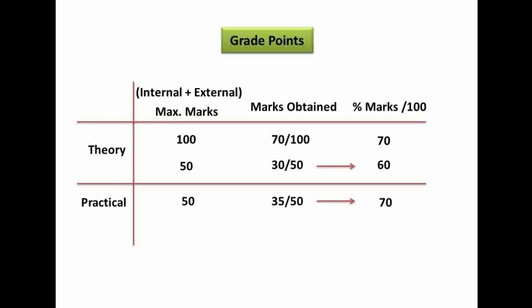If it is a non-university practical subject having the maximum marks 25 and you got 15 marks out of 25, then it will be calculated for 100 marks and it will become 60 marks out of 100. So in this way, the marks are calculated for each and every theory and practical subject, and grades are given depending upon these percent marks out of 100.